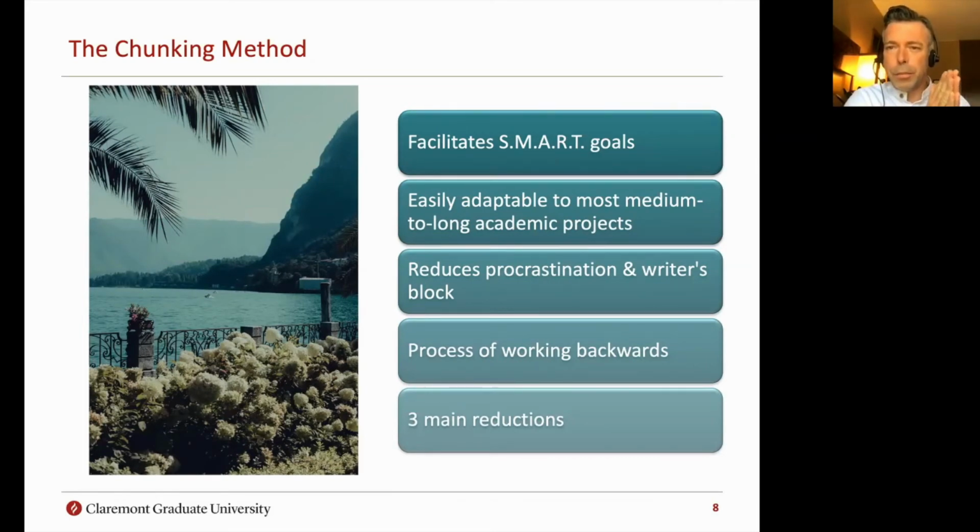So you do some planning in a flexible way early on that hopefully over the course of a semester will end up saving you time, by putting in that planning, and then, in both cases, some sort of iterative process of reevaluating those plans as you go along. It saves you time in the long run, right? And there's a lot in both of these that is very similar. I see it as the sort of thing where you can either take on a SMART goal approach, or you can maybe just do this chunking method if you want to, because there's a lot there that's very similar, or you can do some adaptation in between.